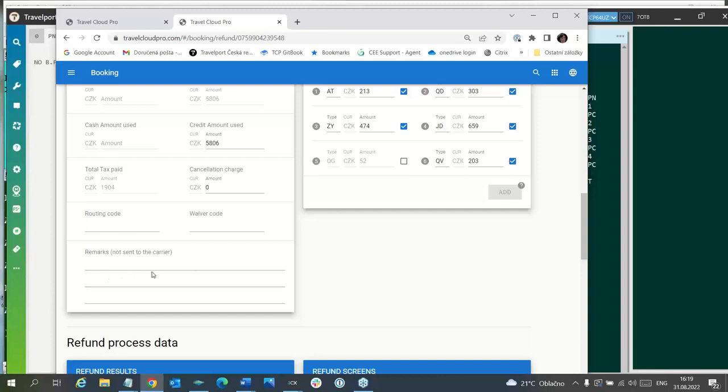And for this remark, you have three lines. You can enter what you want, but note that the information shown in remarks is not sent to the carrier.